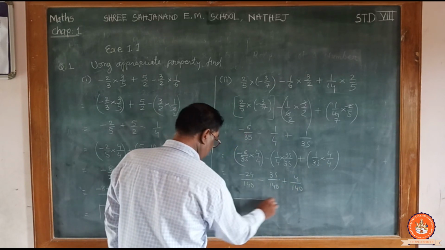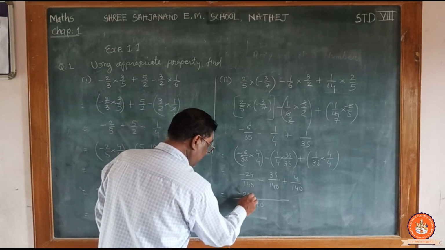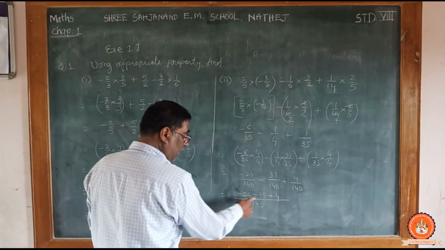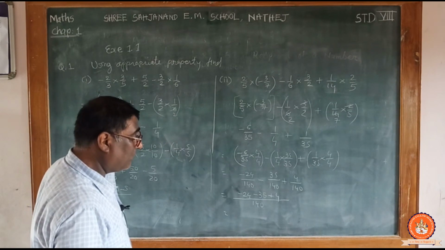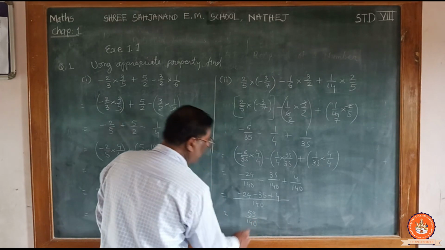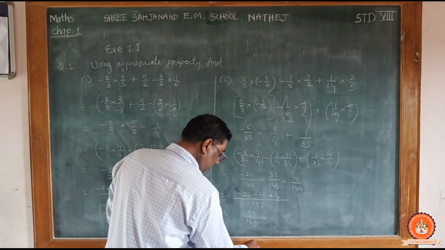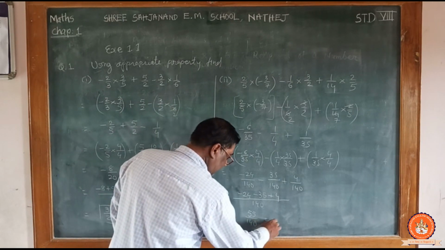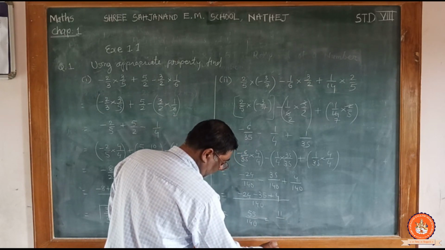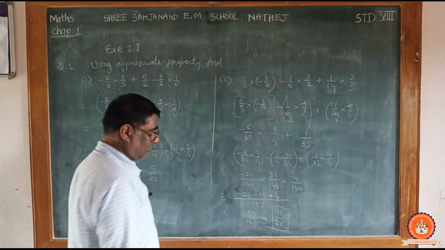Okay, so now the common denominator will be put once. It's minus 24 minus 35 plus 4. Okay, so minus 35 and minus 24 will be minus 59, plus 4 is minus 55. 55 upon 140. Okay, so we'll divide it by 5 again. So 11 upon 28, since 140 is divisible by 5. Okay, so this is the answer.